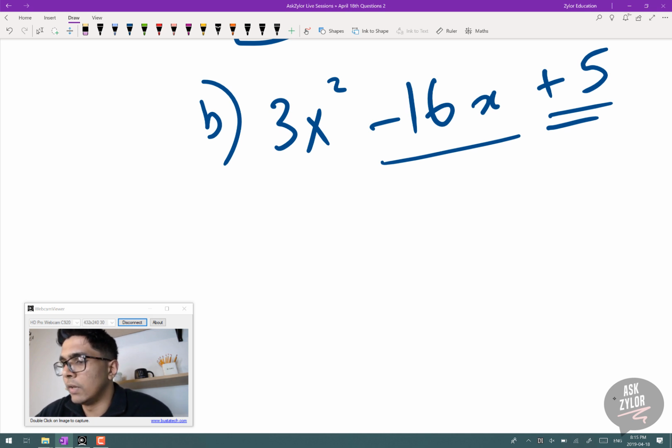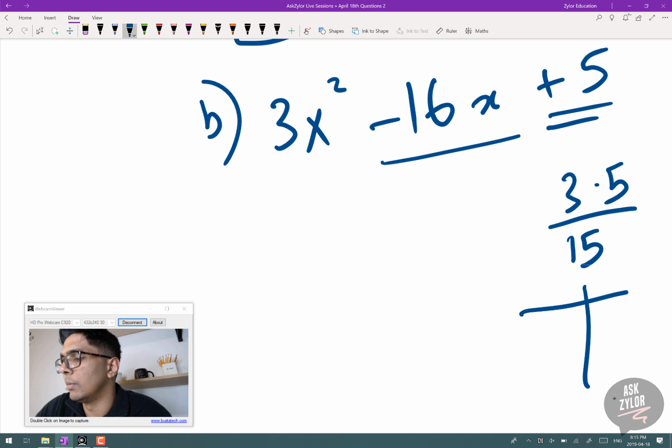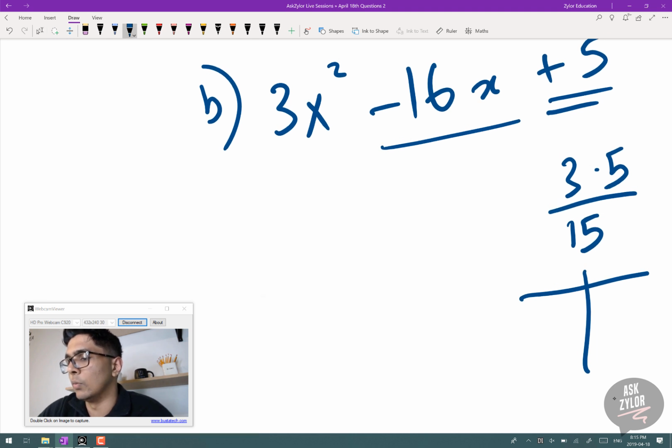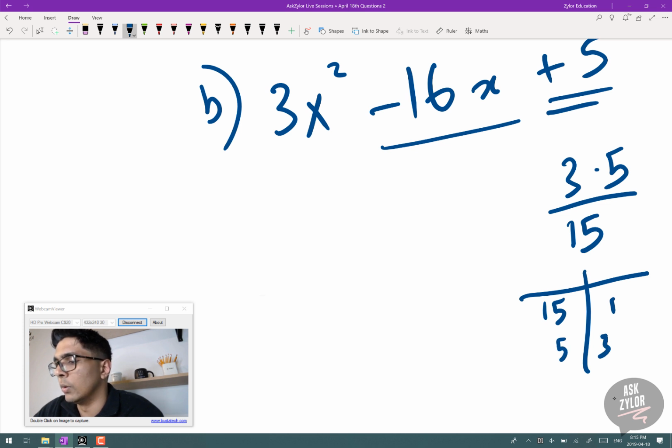So let's go ahead and find factors for my leading coefficient multiplied by my constant, which is going to be 3 times 5, which is 15. Then I'm looking at factors for 15, which add up to 16. Remember, because my sign is the same. So if I have minus 5, minus 10, they add up to minus 15, for example. So let's see what factors add up to 16. So if I do 15, 1, 5, 3, so on, the only factors that add up to 16 would be